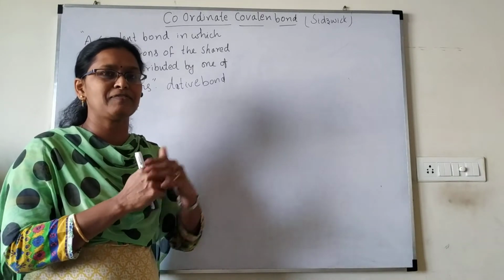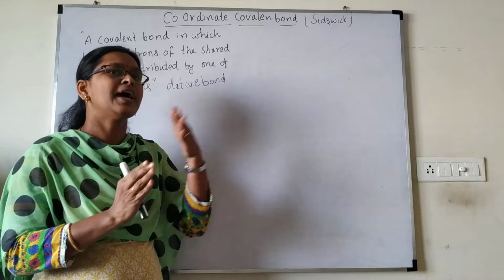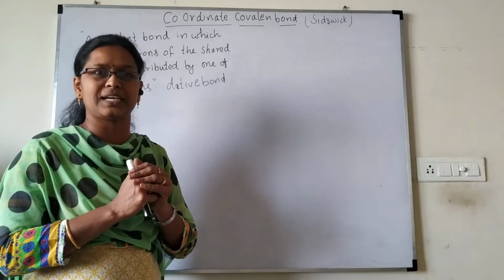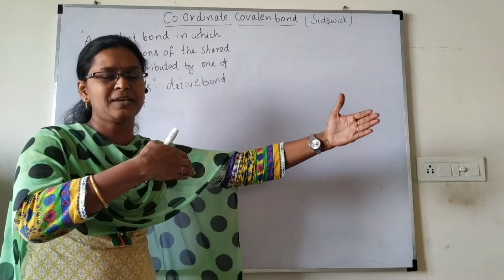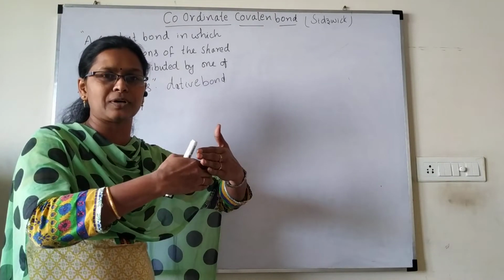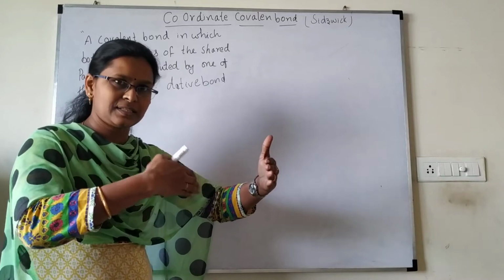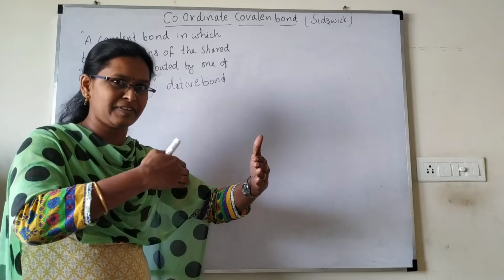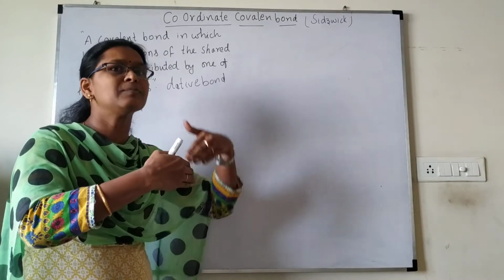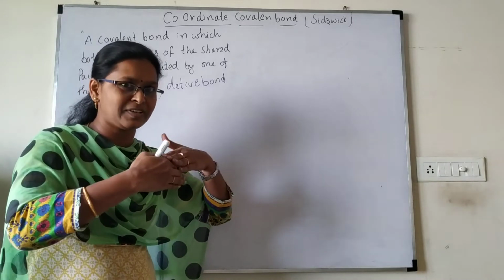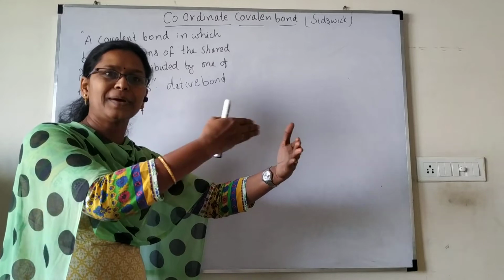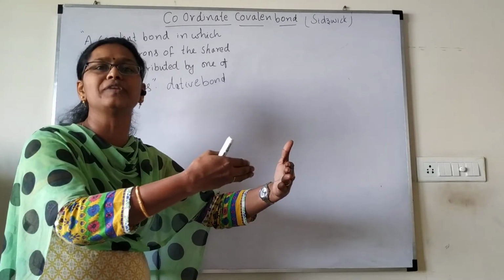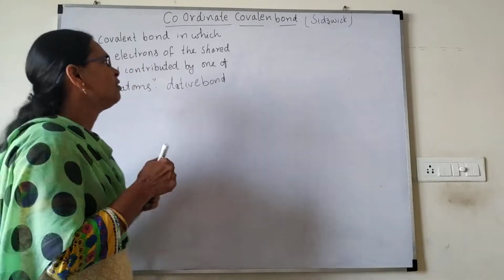For example, if A is keeping his own money and B is keeping his own money for his ticket, then both are sharing with each other, right? That is a covalent bond. But in this case, person A is giving the tickets to B also. B is not having the money, but both of them want to go to the movie. The same thing, like this only we are able to explain.